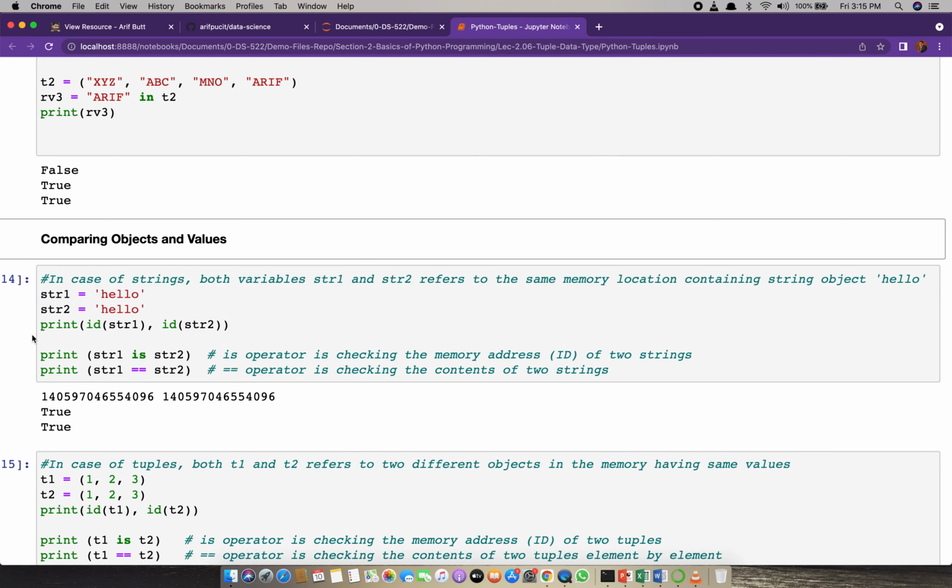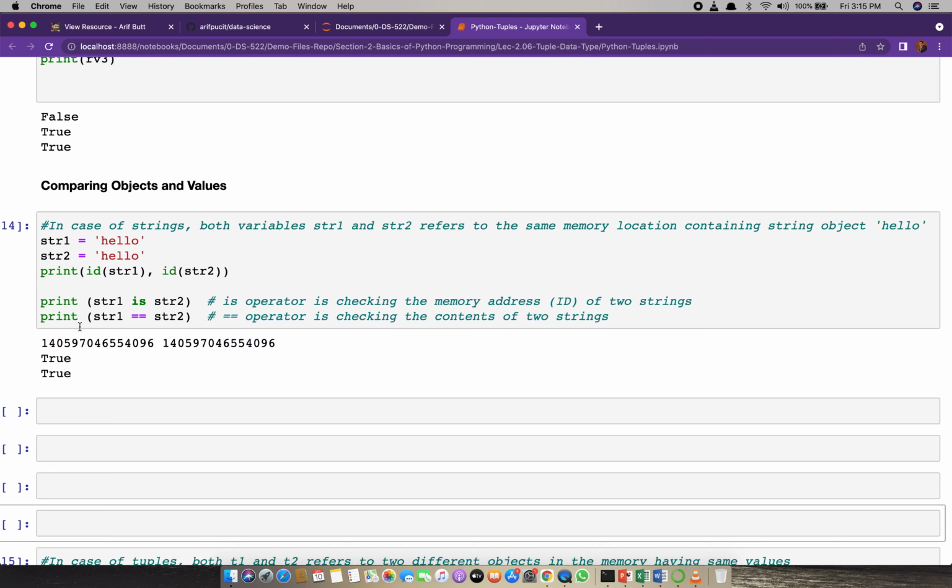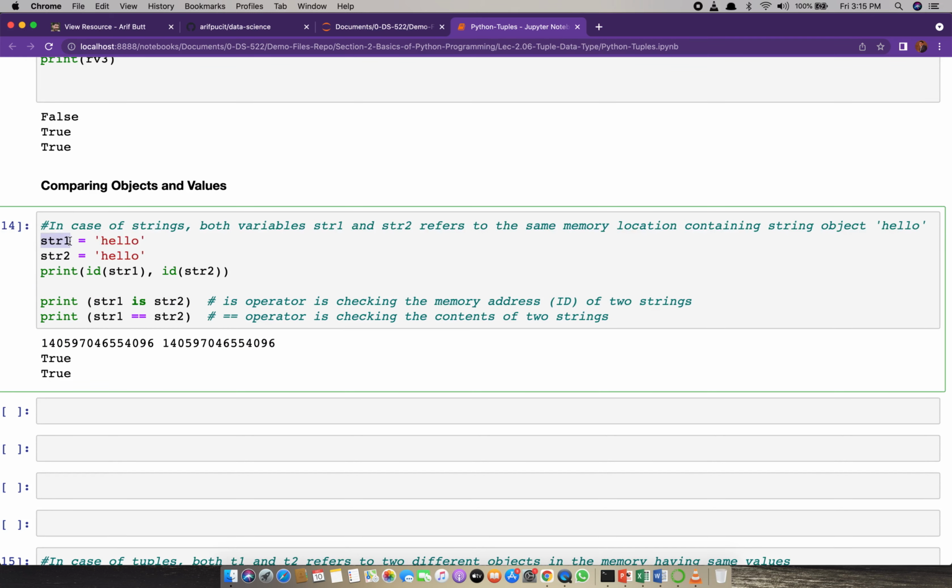Comparing objects, dear students, this has been repeated again and again for the strings, for the list, and for the tuples as well. Let me do it again. Remember, this str1 is a reference to a memory object containing hello. This str2 is another reference pointing to the same memory object hello.